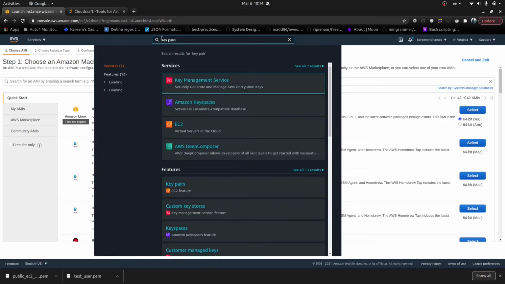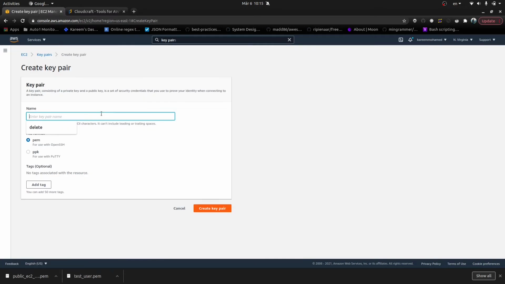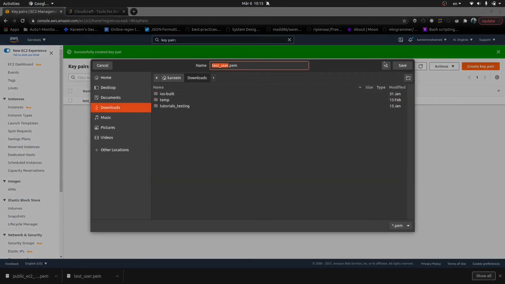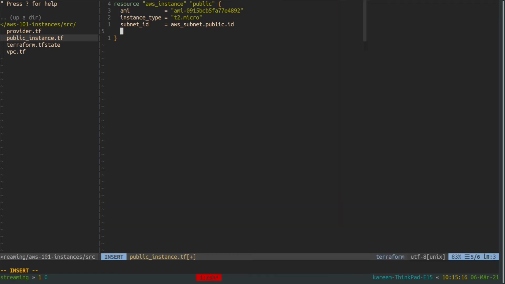You can find it underneath EC2 features, and I'm going to create a new one here, and I'm going to call it, for example, test_user. Now I'm gonna copy this file into my current directory here. Alright.